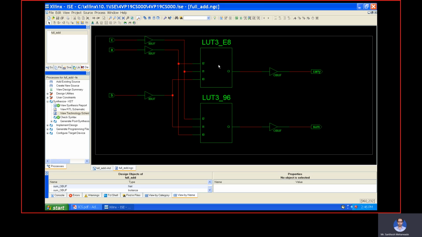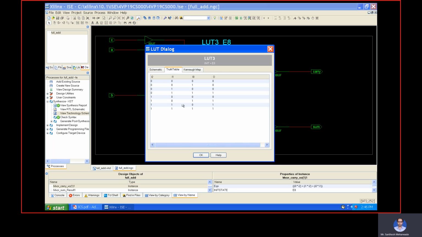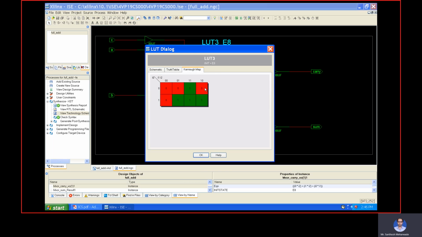Within that you can see its internal architecture, the connections. All these kinds of connections we are going to make in the hardware. Then the truth table, then the Karnaugh map it is going to follow. These are the things that you have already seen in your theory part.